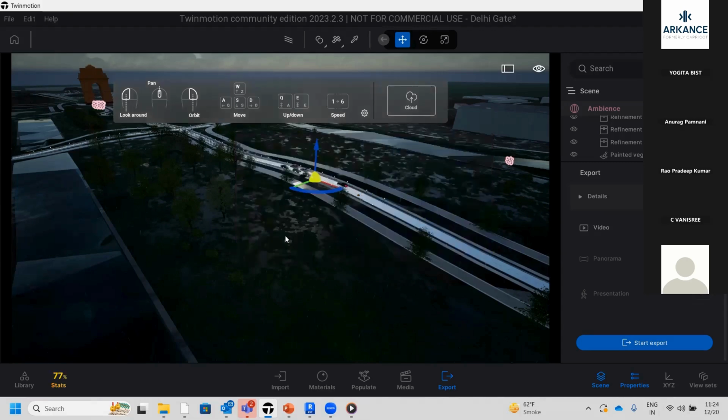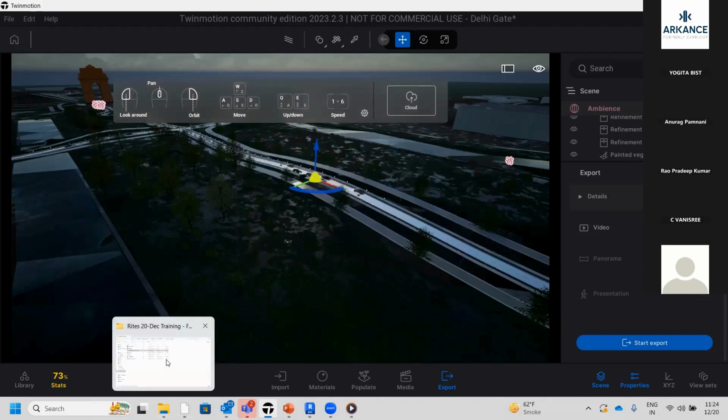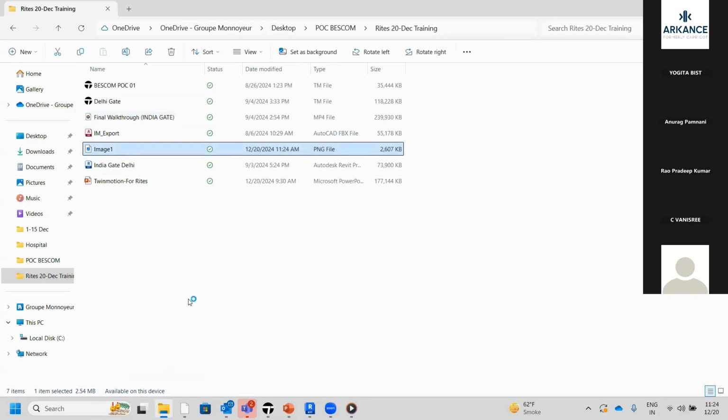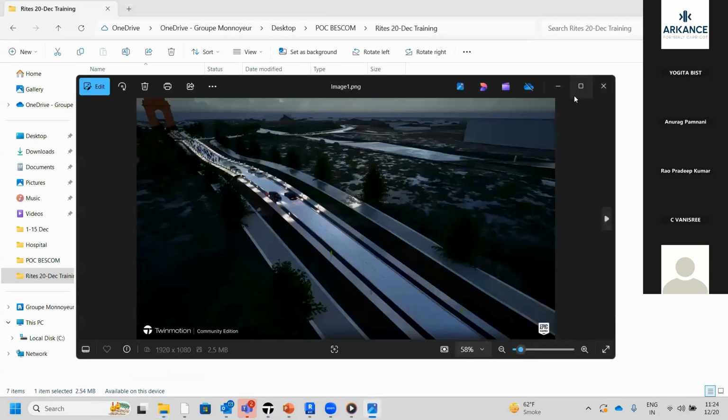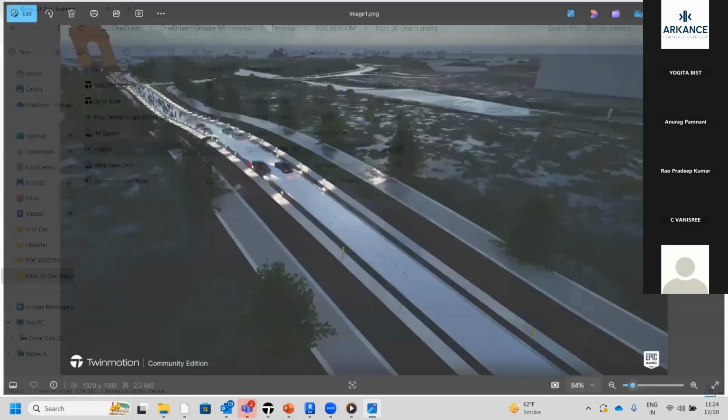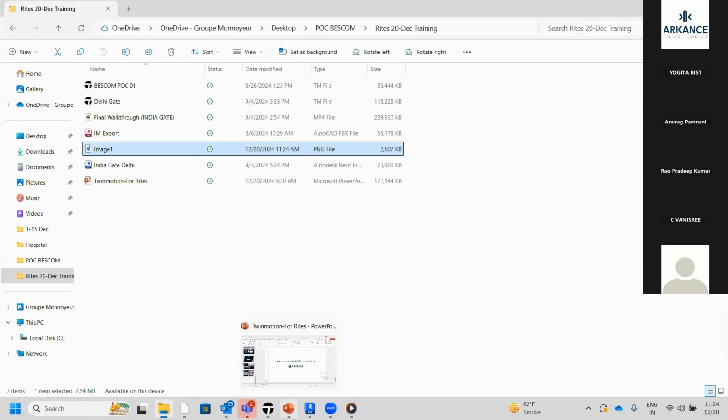So now the image has already been exported. We'll check. Let's see. This is the 4K resolution image that you have extracted just within 10 seconds. So this is how it makes your work easier. Right. Similarly, as you need to move on to Revit,